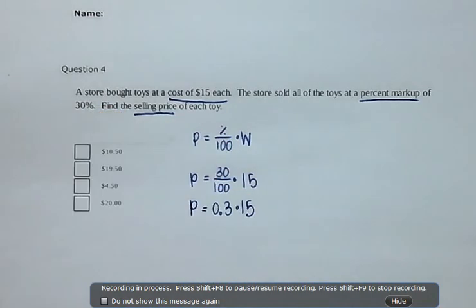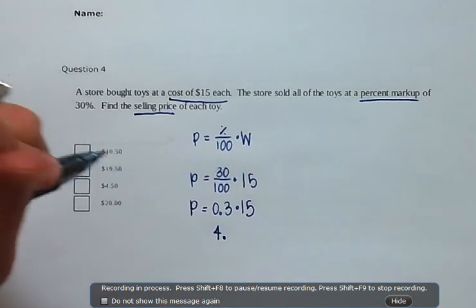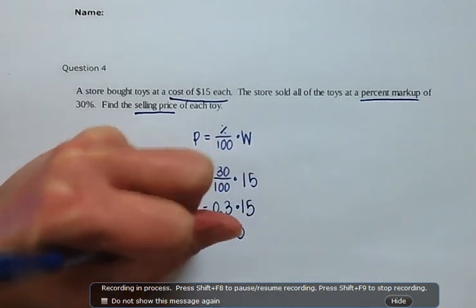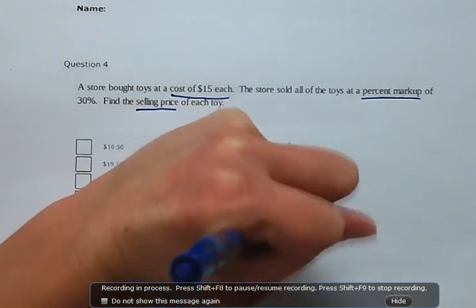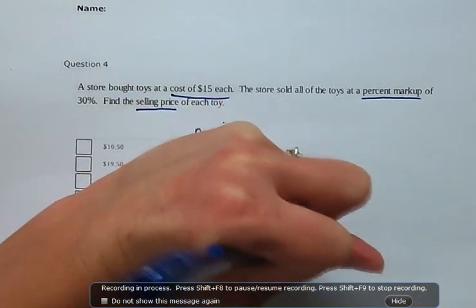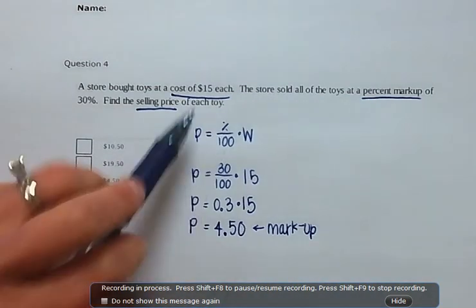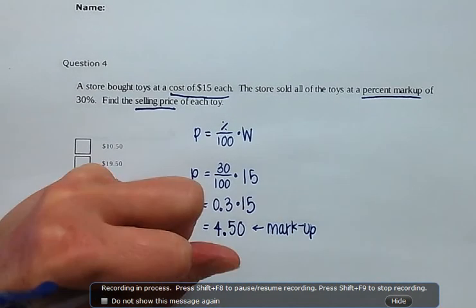Then 0.3 times 15 is going to give me $4.50. So what I see is that I marked up the cost by $4.50. Now if the original cost was $15 and then I marked it up by $4.50, then if we add those together,